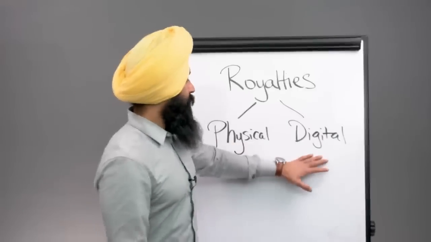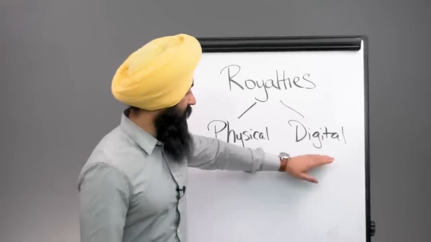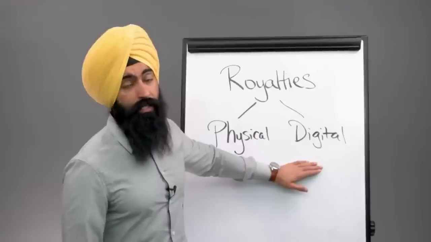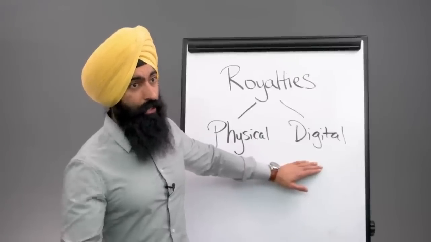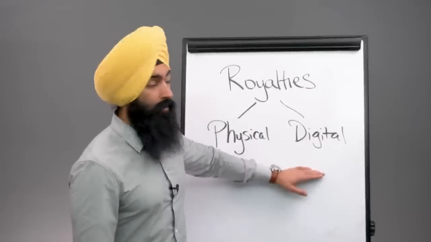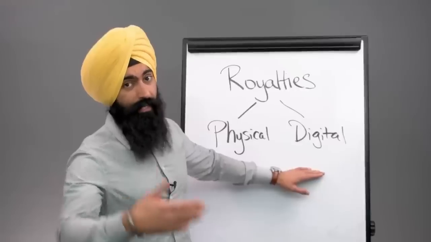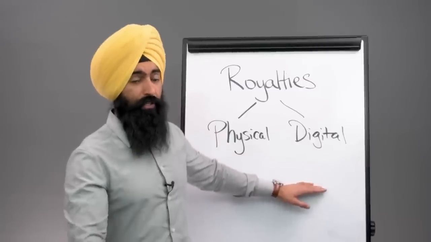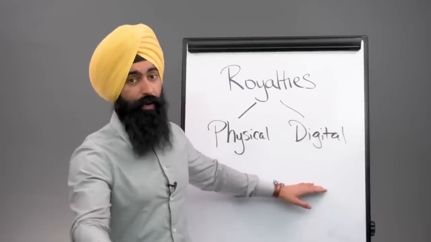On the digital side, most of this has to do with content. This is ebooks that you create and you sell online as opposed to a physical book. This could be YouTube videos that are still generating ad dollars years after you produce the video. This could be blog posts that are generating traffic, that are making you affiliate money or sponsorship money. And this could be podcasts that people listen to years after you publish it that are still generating you advertising